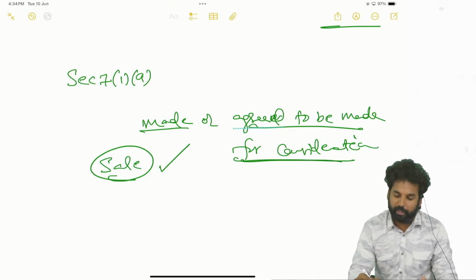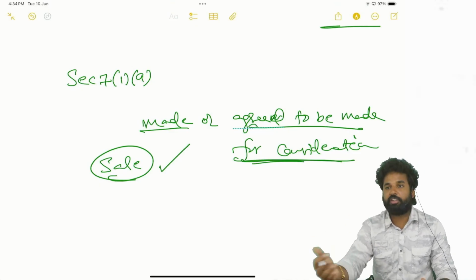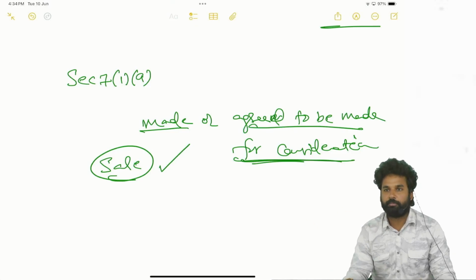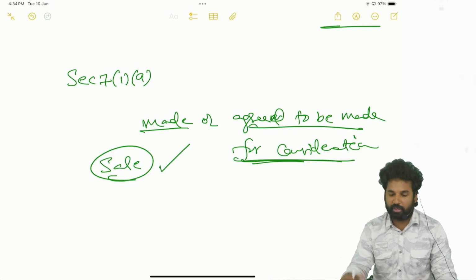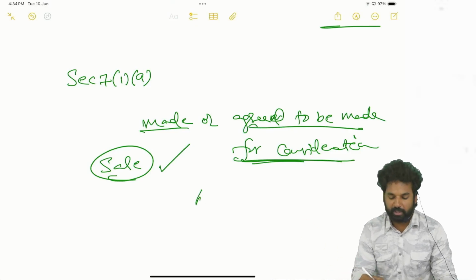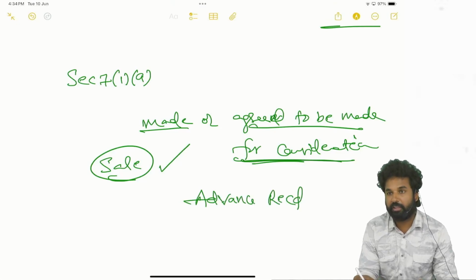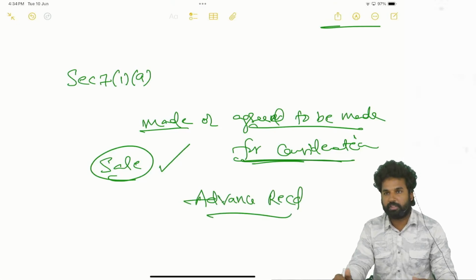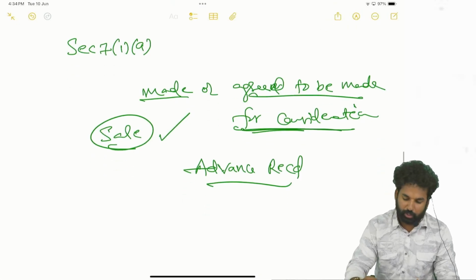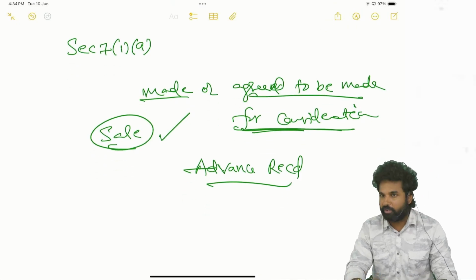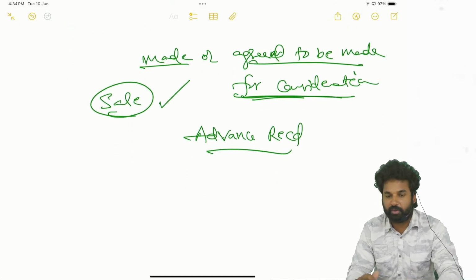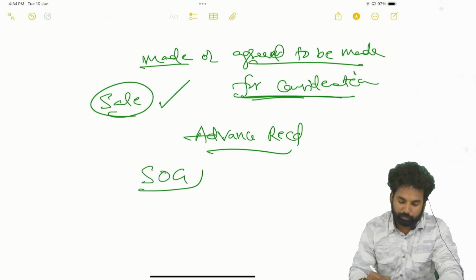Okay. Agreed to be made for consideration means supply is yet to be made. For consideration means that an advance has been received. Advance received, but supply not made. Right. Regarding this, we have already discussed that whenever it is a case of supply of goods,